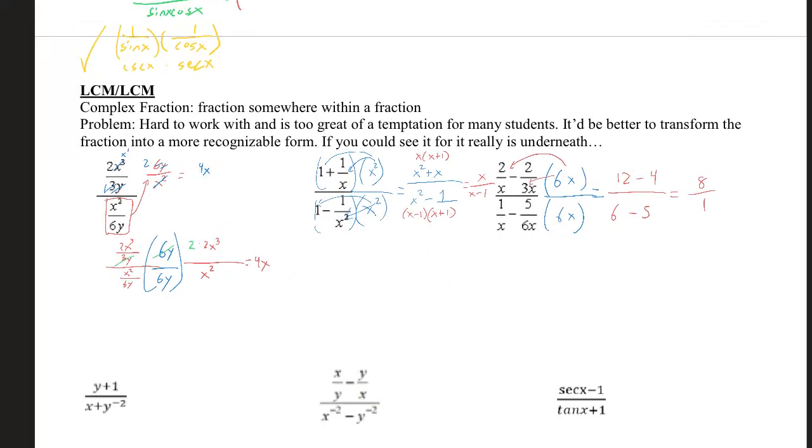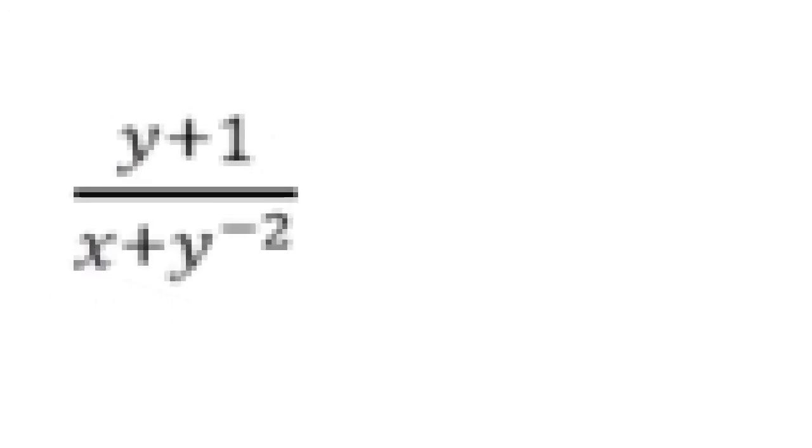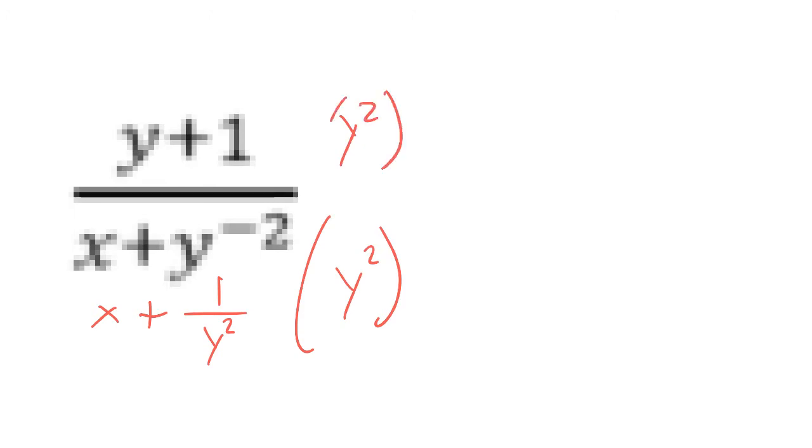Okay, let's go back to this guy. Wow, that's pixelated. We could still read it though. So this is the same as 1 over y squared right here, which now you can't just move that to the top because of this plus is ruining the party. But I could take this, if I want to just clear that, if I times the bottom by y squared, that will go away. However, I can't just times the bottom by y squared. That's highly illegal. But what I could do is times this by y squared over y squared, lick 'em over lick 'em,